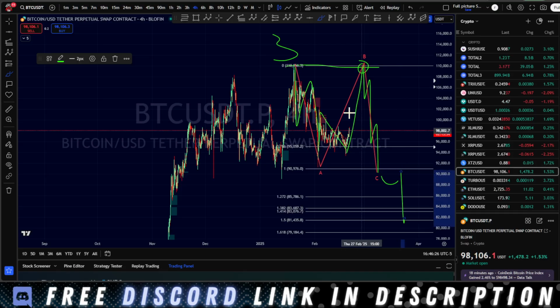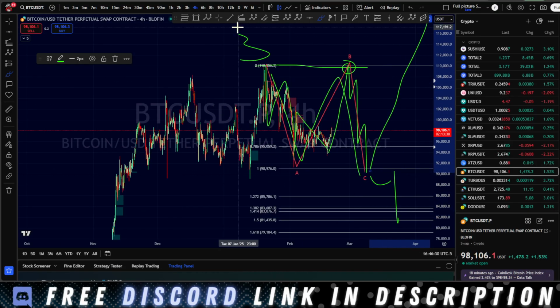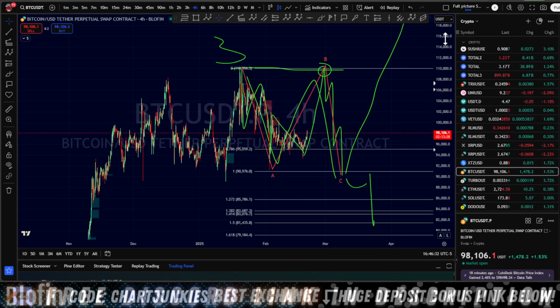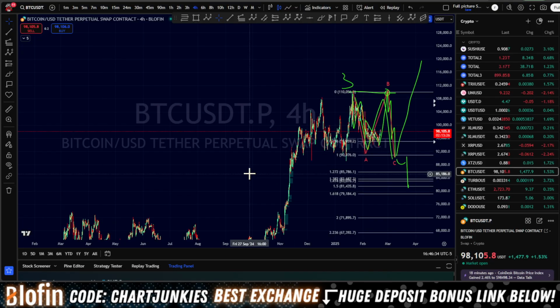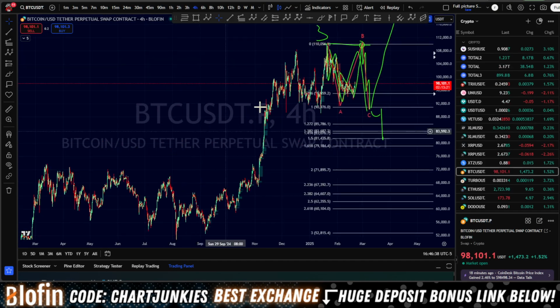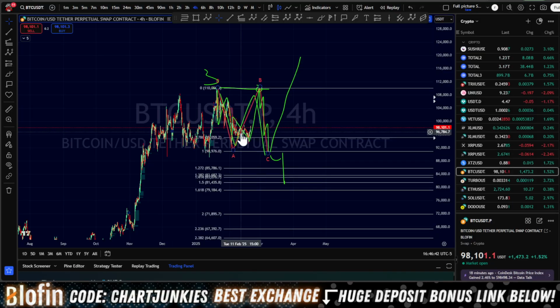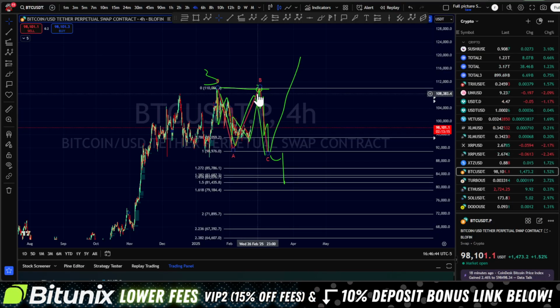This is the end of our wave 4. All this is wave 4, right? And then we're going to get a massive pump to the upside that's going to finish out the entire bullish structure, dating all the way back to the lows, way back, right? This is my primary scenario. I am expecting this wave to hit to the upside,